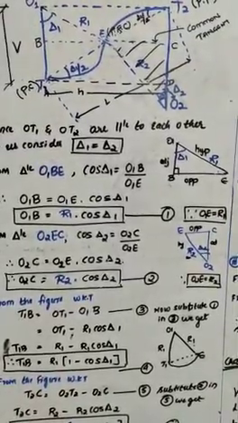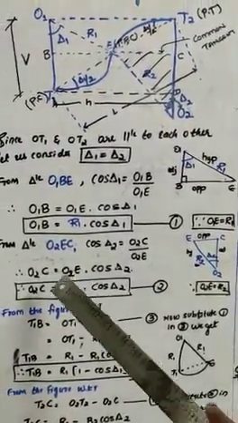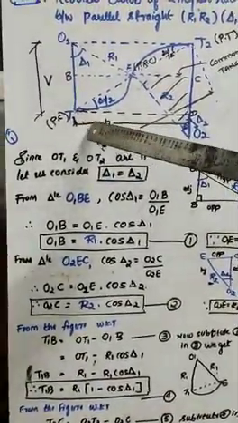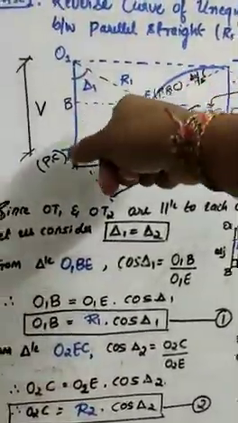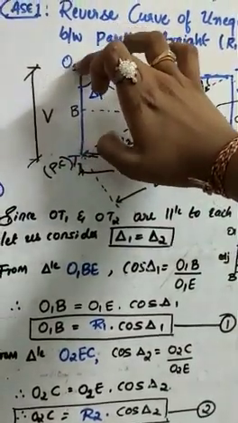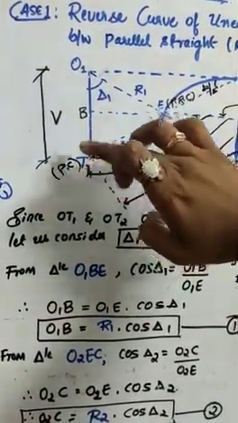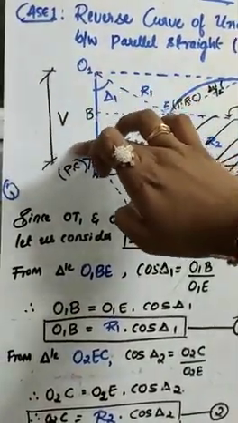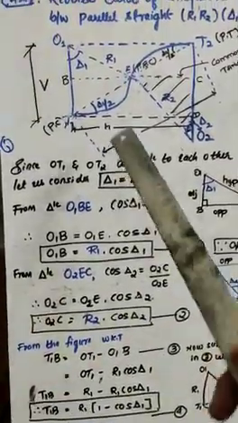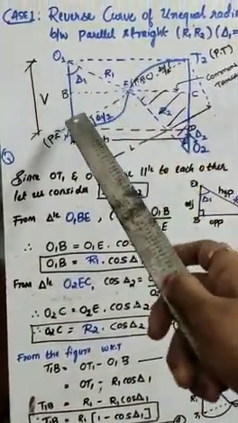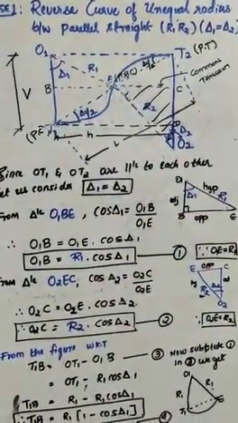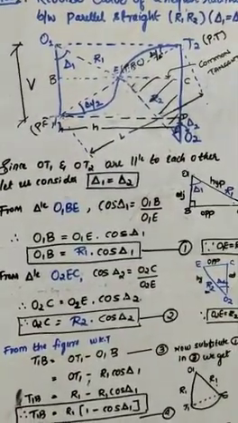Again, from the figure, T1B is nothing but OT1 minus O1B. That is, if you want this distance T1B in this whole line, for example, in OT1 if you deduct O1B you will get this portion, that is T1B. That is T1B is nothing but O1T1 minus O1B, that is OT1 minus O1B. Next,